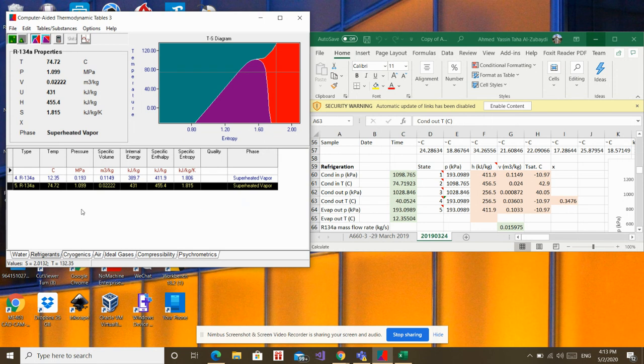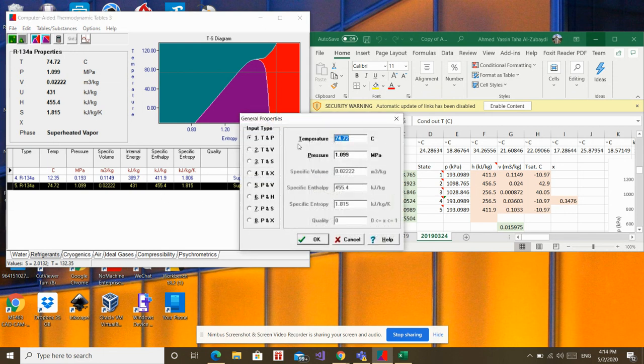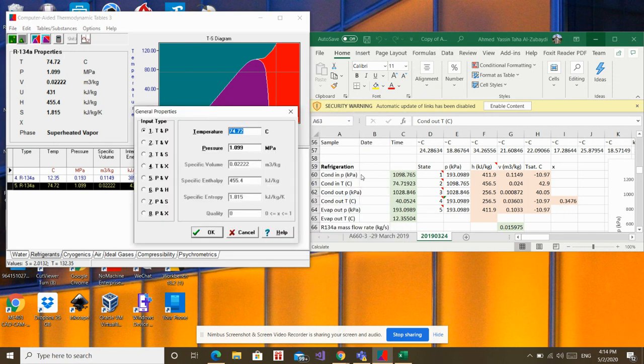Now, the other point we're going to have is going to be the point number 3. Now, point number 3 is going to be the condenser outlet. Now, for the condenser outlet, I do have the pressure and the temperature again, so I can find the enthalpy from there. So I will do my third calculation, and I will put the temperature, which is going to be 40 degrees, 0.05. And the pressure here is